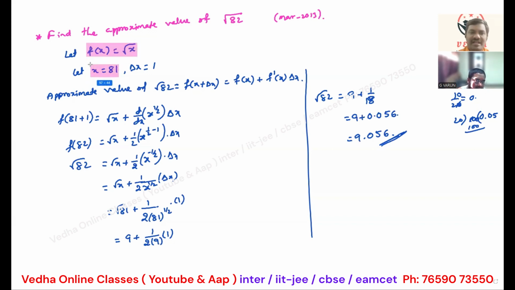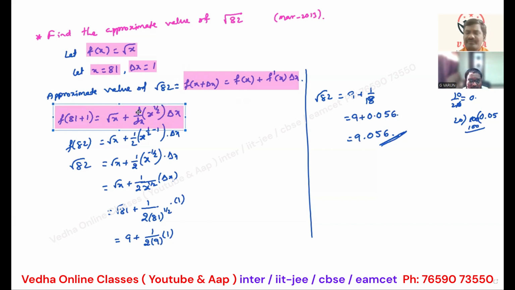After that, what is the x value, the x square value? And the delta x difference. After that, f of x plus delta x is equal to f of x plus f dash of x into delta x. Then we are substituting and simplifying here. So d by dx of f of x, we are applying the x power n formula here. And finally,